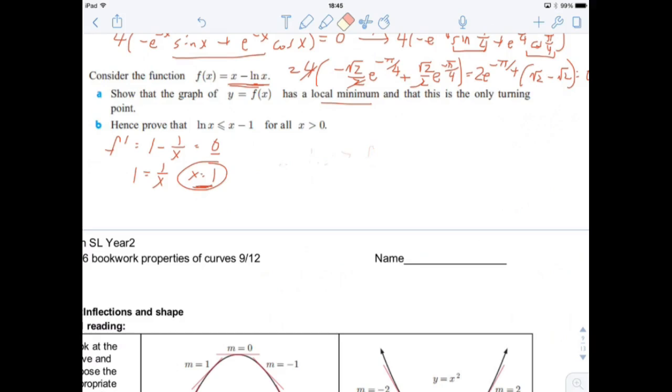Yeah, so we could say the function is greater than or equal to its value at x equals 1, right? Because this is the minimum